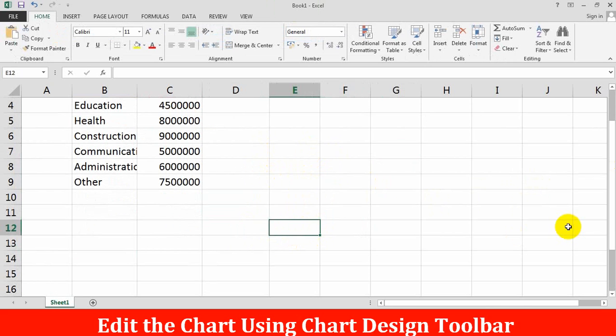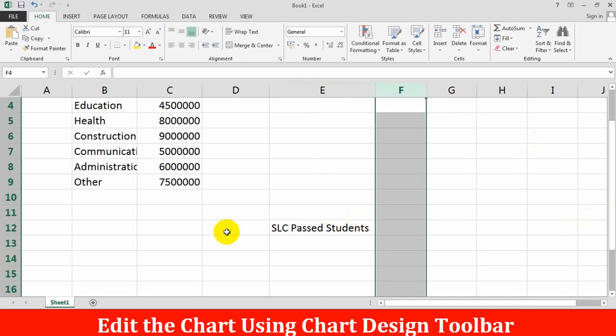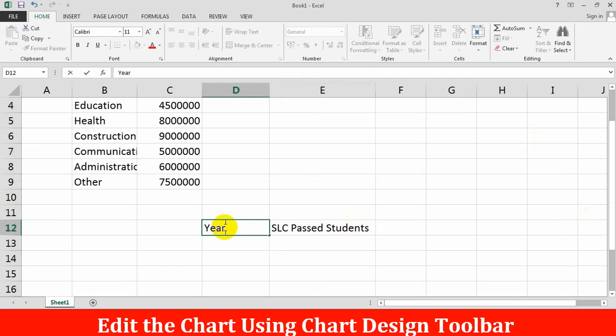For example, SLC passed students by year. Suppose let's insert some data: in 2065, 78 students passed the SLC examination.